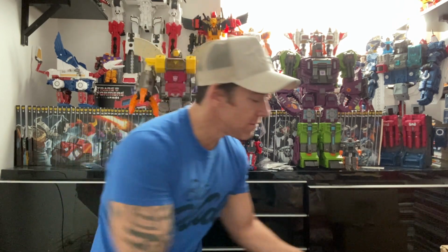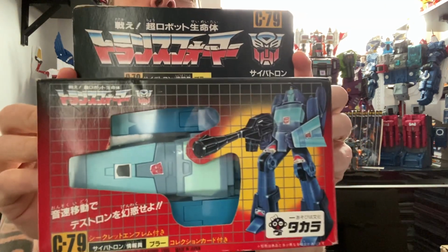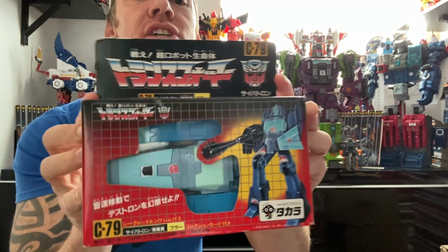Last night's video, no, the night before, was Blur and Perceptor, no idea why. I totally forgot this guy, and of course somebody pointed it out because it's in its individual video. I've got the Takara version as well. The reason I forgot it is because I can't fit him on the Blur shelf, so he's over with